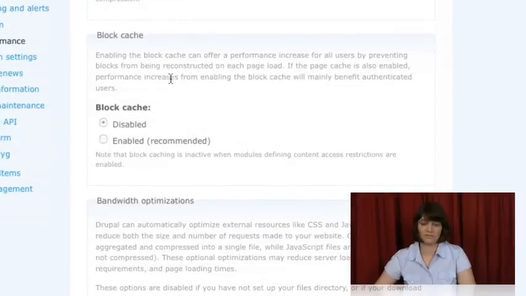The next section is the block cache, and you'll actually notice I can't select anything here. This has been grayed out, and the explanation is actually underneath in this little help text area. But it's basically because we have the private module enabled. There's a module that is defining content access restrictions, and it won't allow us to turn on the block caching due to that. The reason for that is because the block might be updating with information, and if I'm an authenticated user and I have access to various nodes like our gallery and such,